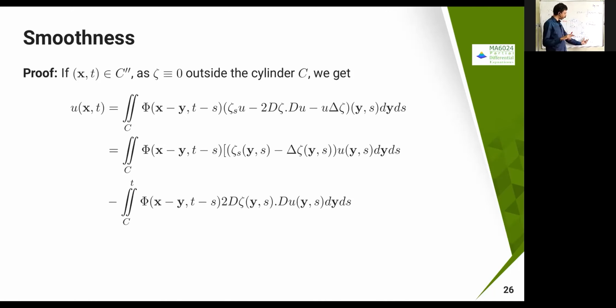Okay, outside the cylinder it is becoming 0. Therefore, in that cylinder, what I'm going to get is the same. Now what I'm going to do is just replace h bar using this term u into theta t. That's the only thing I'm doing. Then you can use integration by parts.